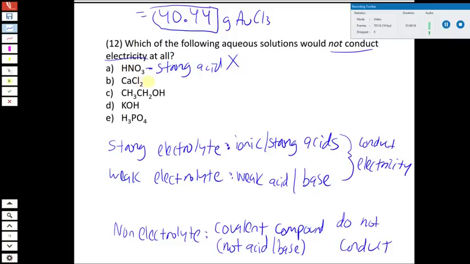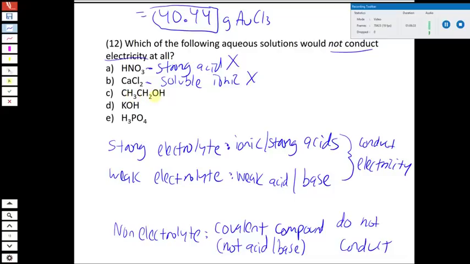CaCl2, this is what kind of compound? Calcium chloride. Ionic compound, it dissolves in water, which makes it a strong electrolyte. So this is a soluble ionic compound, making it also a strong electrolyte. All right, and then the one that we come across a lot in this context, we have